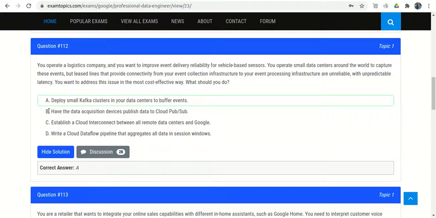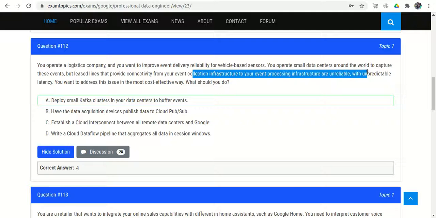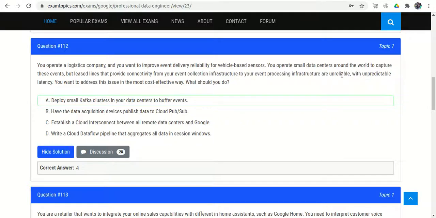But I don't think B is the correct answer here, because we need to connect the two data centers and solve this problem.